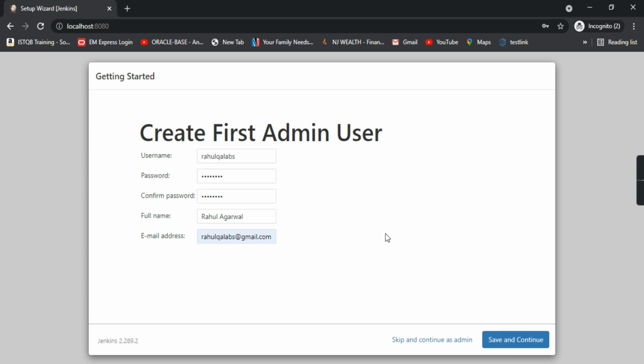So this is the first admin user. Just be sure to remember the username and password. Now click save and continue.